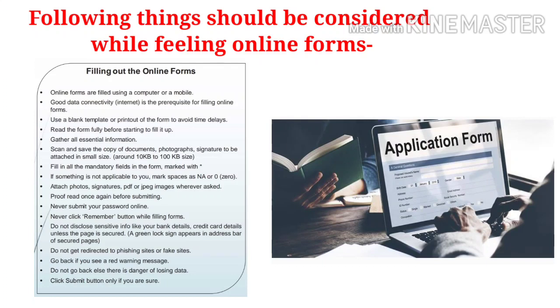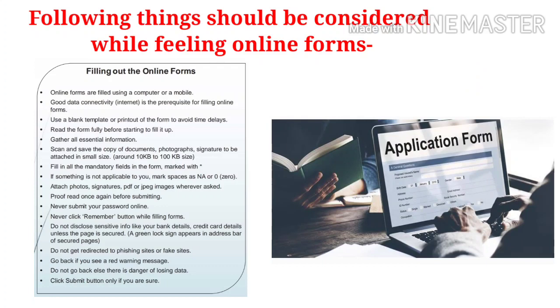Scan and save photocopies of all the documents, your photograph and your signature. The size should be between 10 KB to 100 KB or as per the requirement. The places or fields that are marked with an asterisk mark are essential to be filled.